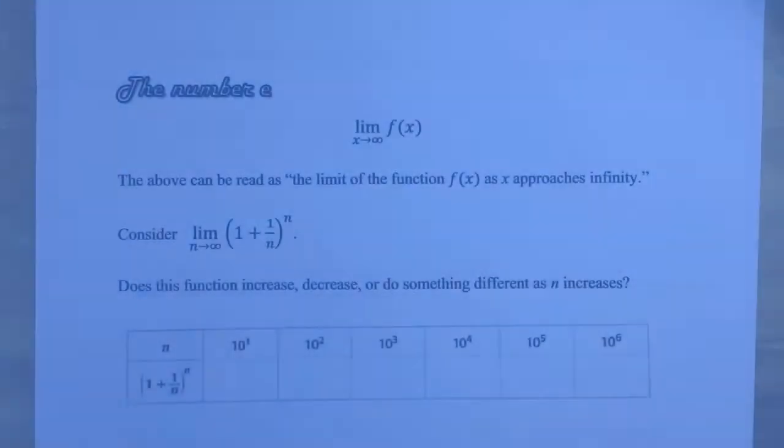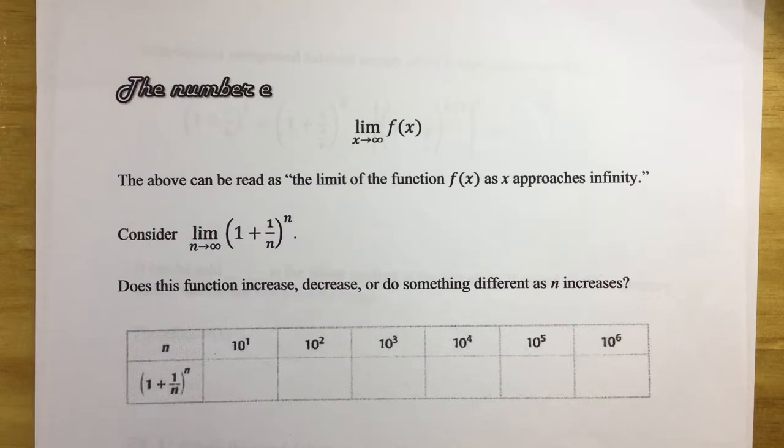Number E. In this set of notes, we're going to talk about the number E. The number E is a really important number in mathematics, just like pi is a really important number that we use in geometry. And like pi, E is going to be this number that has an infinitely long decimal that goes along with it. You may recall that pi is